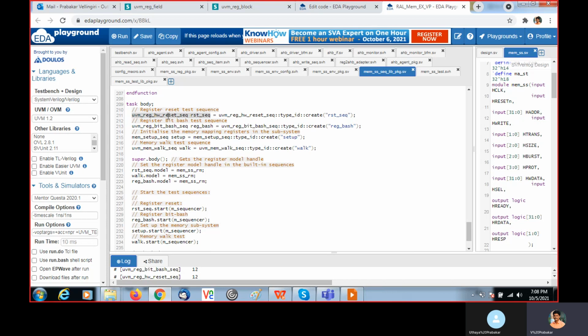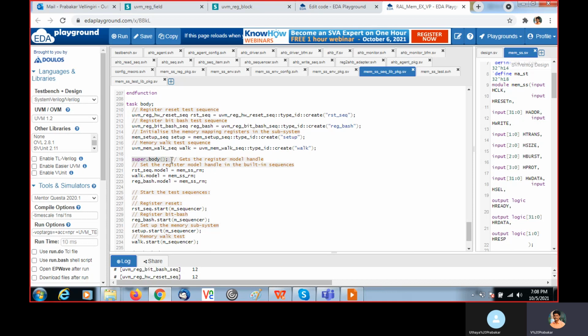This UVM hardware reset sequence is instantiated as reset sequence, and we are creating it using the create method. The same with the blast sequence, the setup sequence, then the walk sequence. So these sequences are instantiated, and we are creating them.